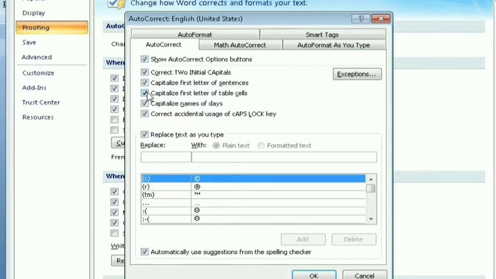If you want to change any modifications in the capitalization options, then select or clear the first 4 checkboxes in the dialog box. To turn the autocorrect features on or off, select or clear replace text as you type. If you want the spelling checker, then select or clear the checkbox. At last, click the OK button.